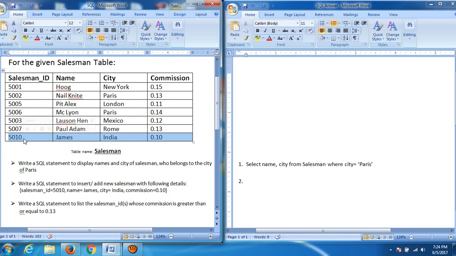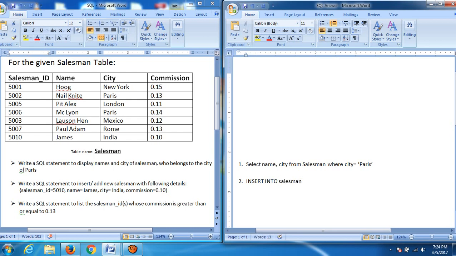So how to write a command? It should be insert, because we are going to insert one new record. Insert into, where we want to insert? Into this salesman table. So we have to write the name salesman.